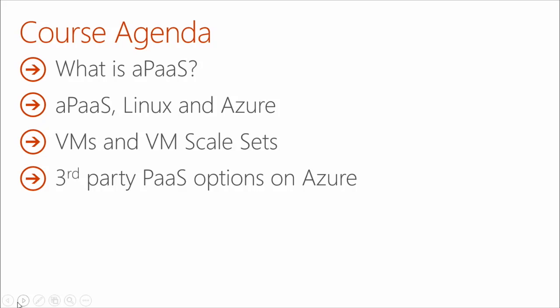Sounds good. So in terms of the agenda, it's pretty simple. We want to first talk about terminology, so we are all grounded on what platform as a service means. Typically you would see me refer to PaaS, which is not platform as a service, it's application platform as a service. It's a good way to turn focus into what platform as a service is actually delivering, which is to make application deployment and management as easy as possible. We'll talk about how it relates to Linux and then to Azure, which is obviously the core topic.